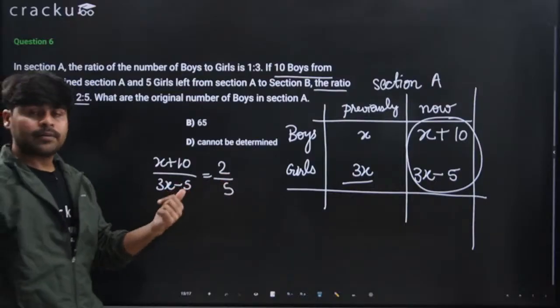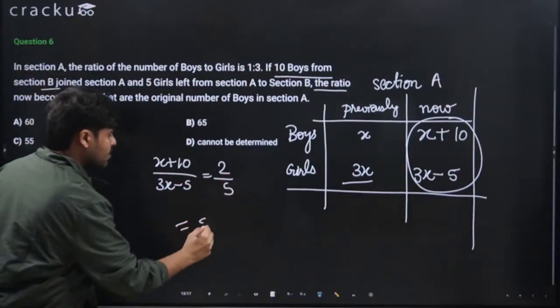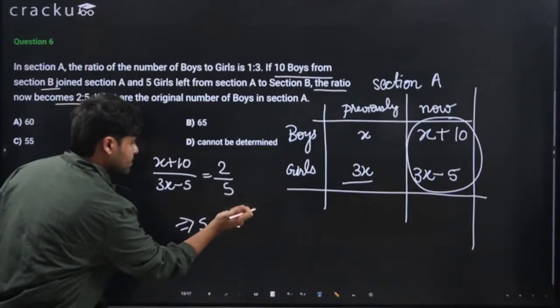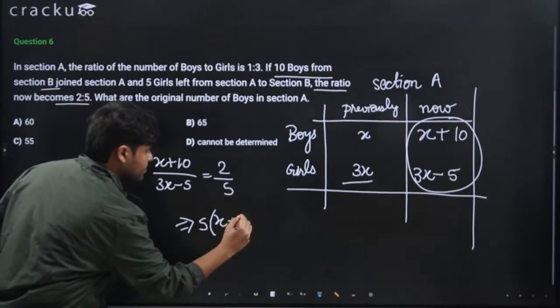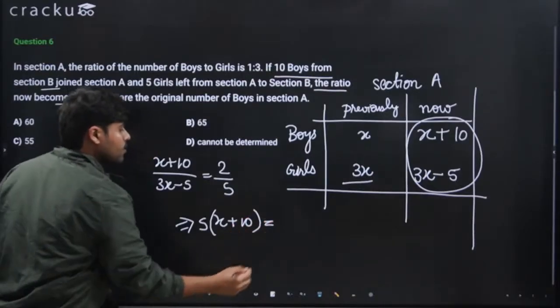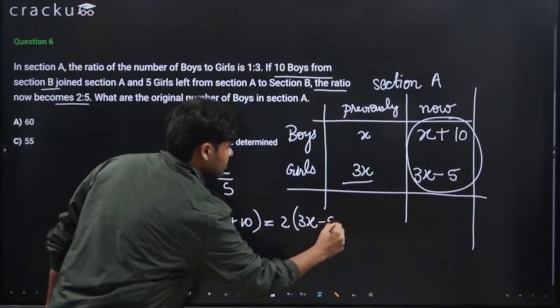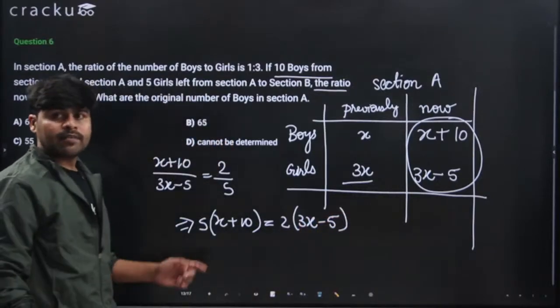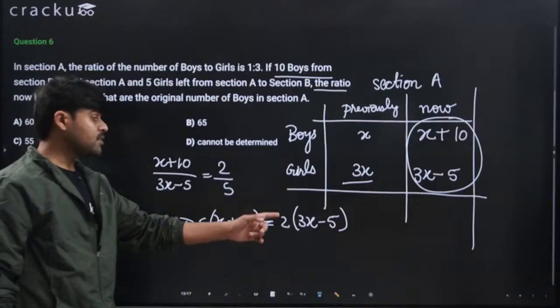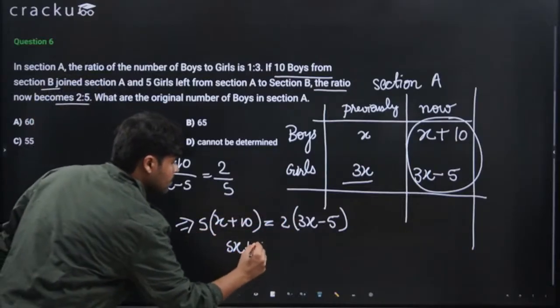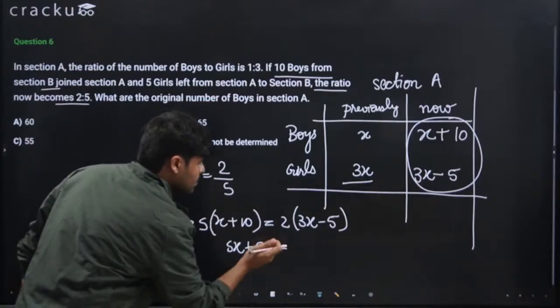We can cross multiply. This will give us 5 times x plus 10 is equal to 2 times 3x minus 5, which is 5x plus 50 is equal to